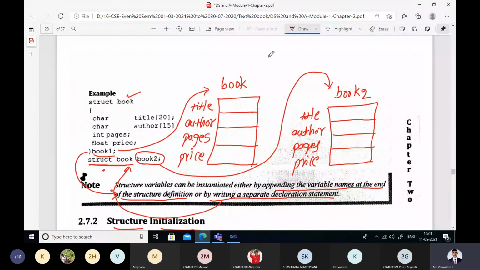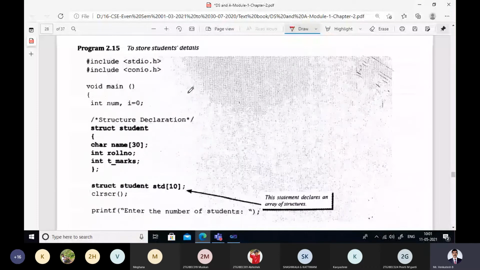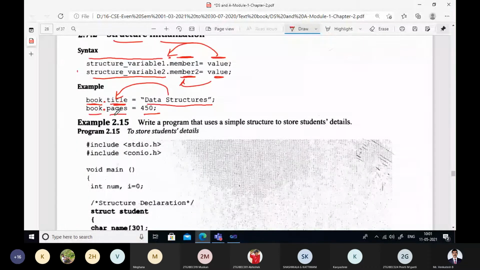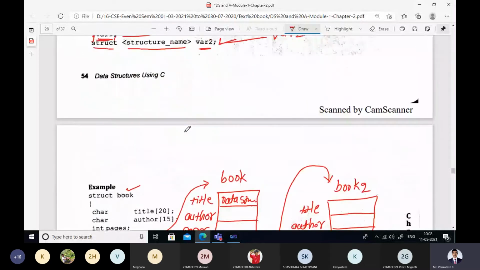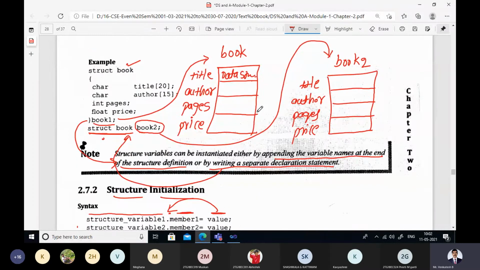The pages member of book will get 450. That means there are 450 pages in the textbook. So the pages member of the book will get 450. So this is how we initialize members of the structure.